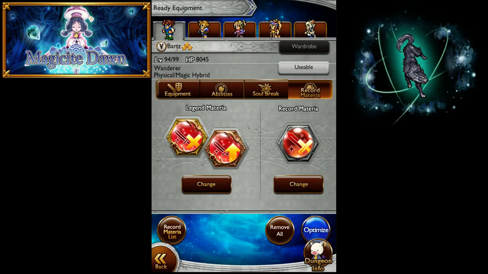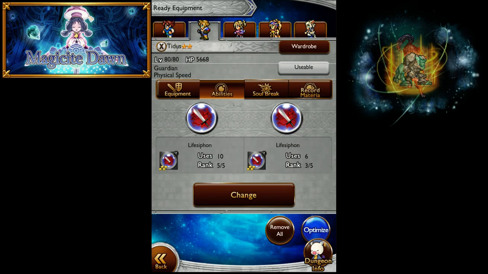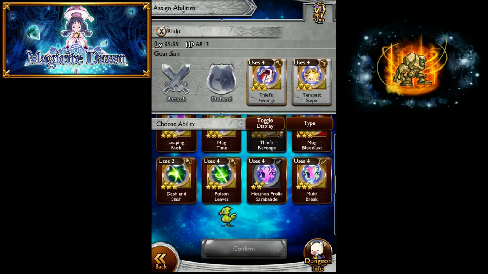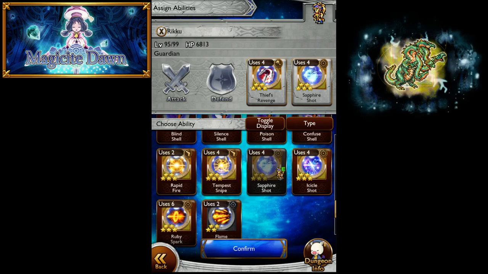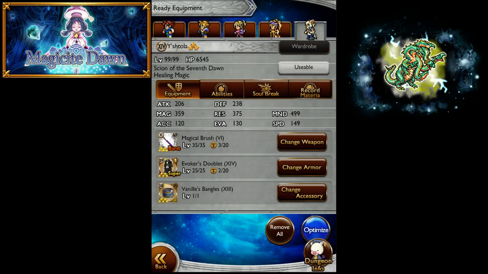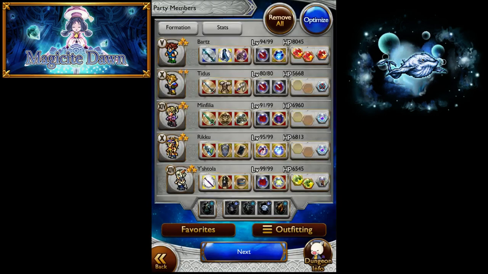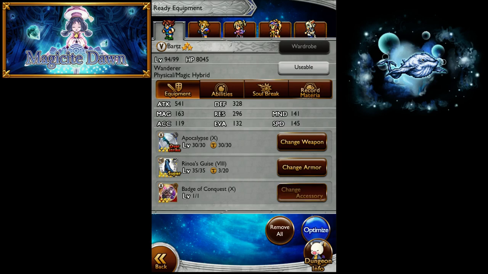I'm actually going to change the record materia. Yeah, I'm going to keep the record materia to be another doubler for Spellblade chances. And we're just going to try to double up on Spellblade uses. Riku gets to switch over from Tempest Snipe to Sapphire Shot? Because Riku can basically hit every element. Yeah. The only thing she can't hit are Holy and Dark. Acceptable losses. And also, I think I can afford to,